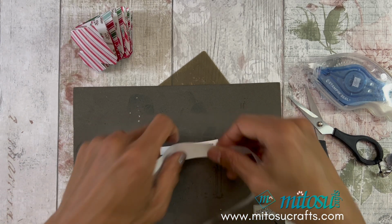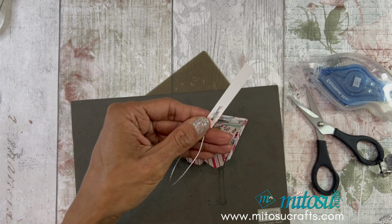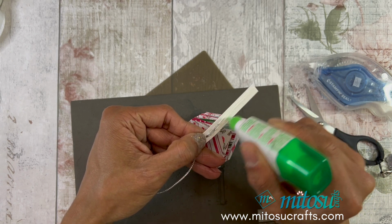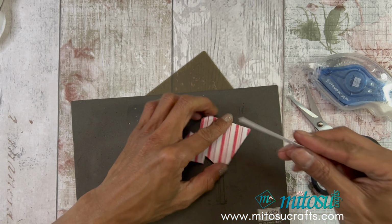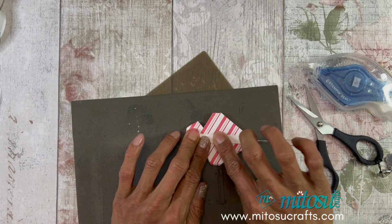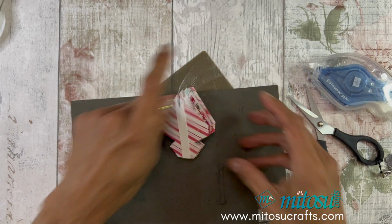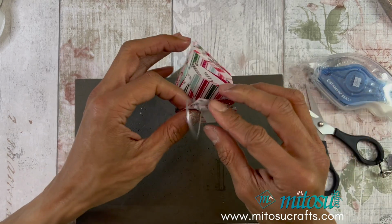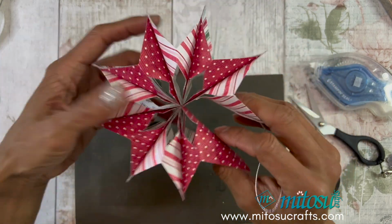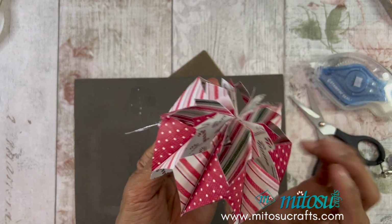And then another glue dot on top. So add mini glue dot there and just glue the end. Place that along the middle. Keep that in place. And you will need a smaller hole punch. So once you've got that, pull that out and then just make sure, so it will buckle like that, but once it's up,